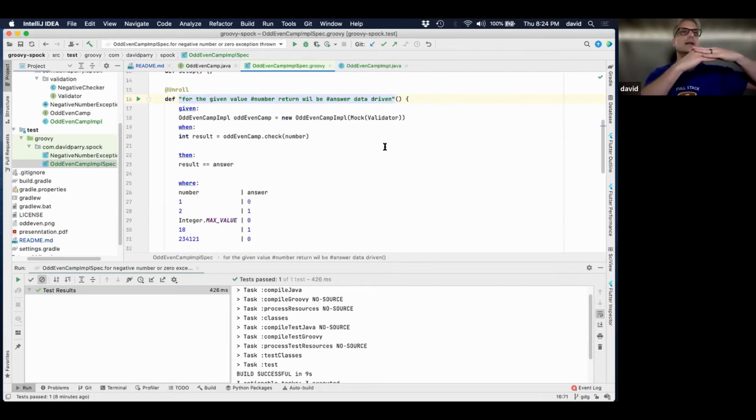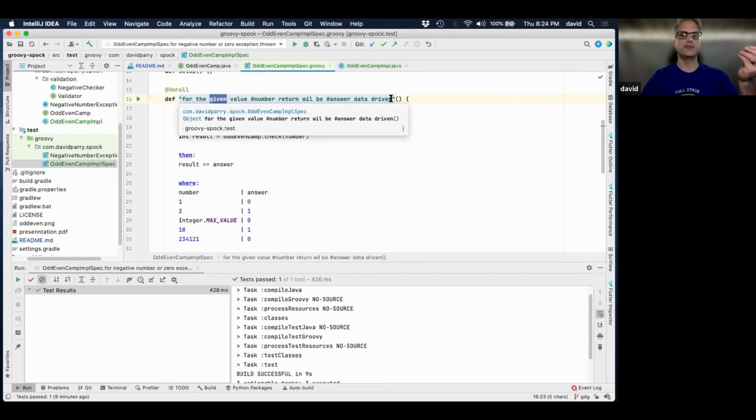If you don't unroll it, then it says, oh, you don't care about the output. Well, we won't try to match this method. So it'll allow you to be a little bit more proficient in your code or make it a little bit faster in your testing. But if you have something where you say, hey, I really want to see the number and I see the answer if I have a failure, you really want to do that. So I'm going to go ahead and run this.